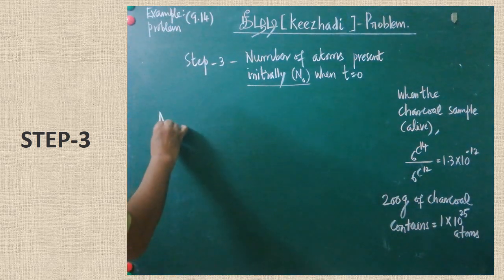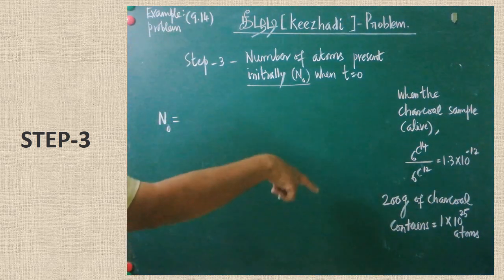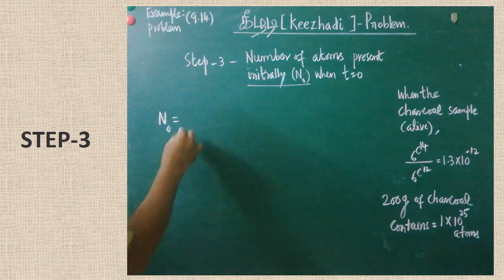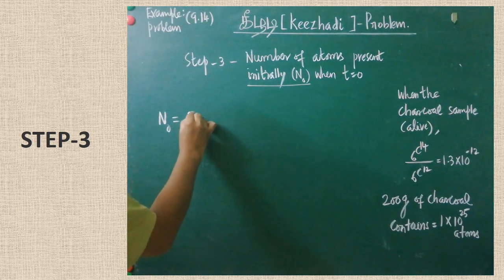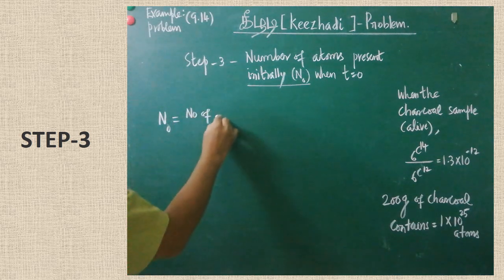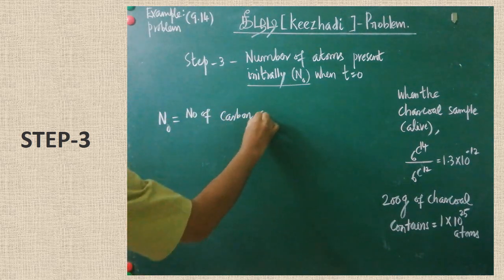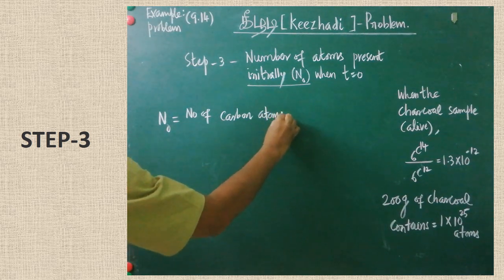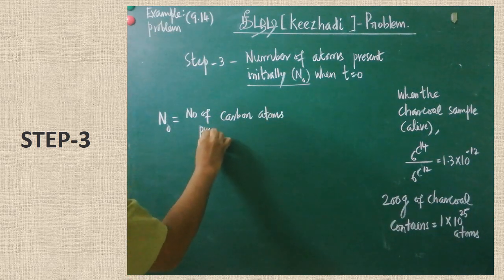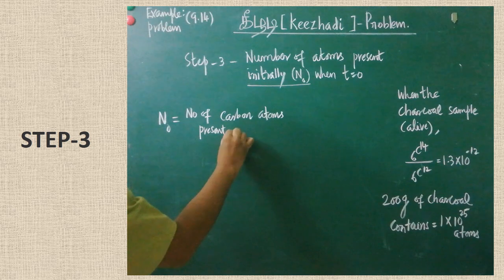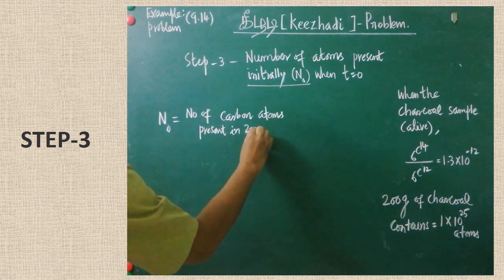N naught, the total number of atoms present initially, is equal to these two multiplied: the number of carbon atoms present in 200 grams of